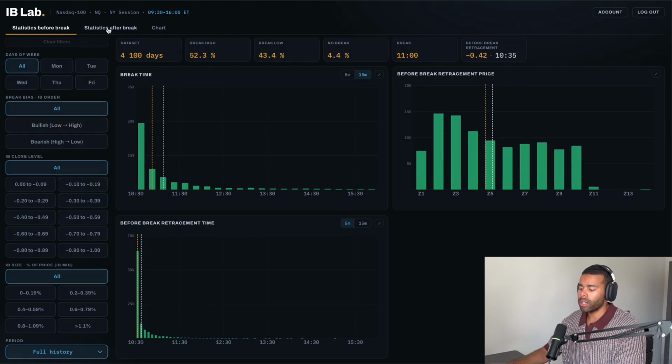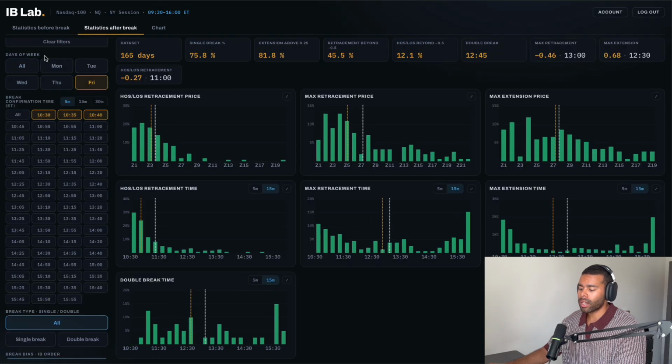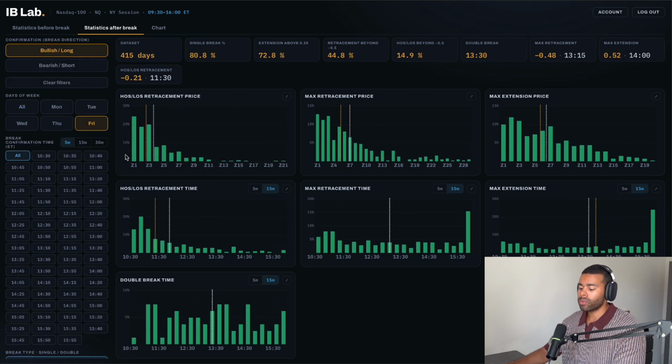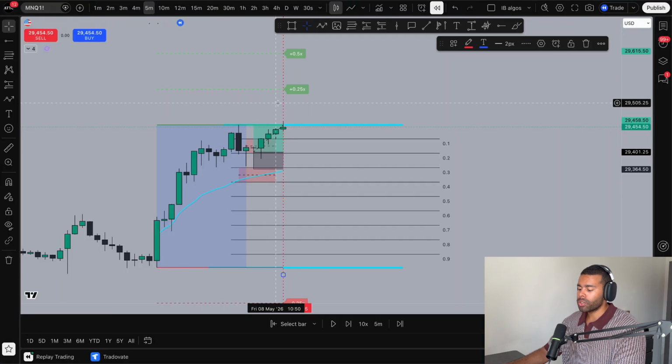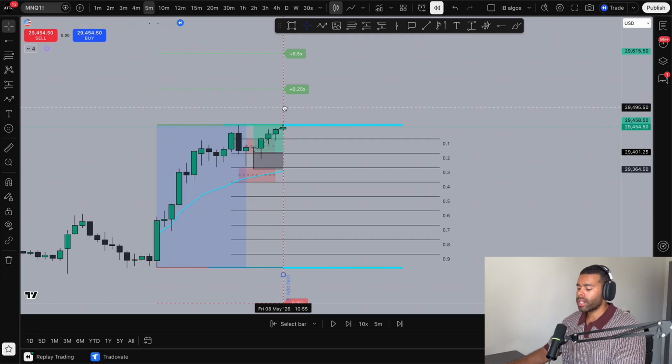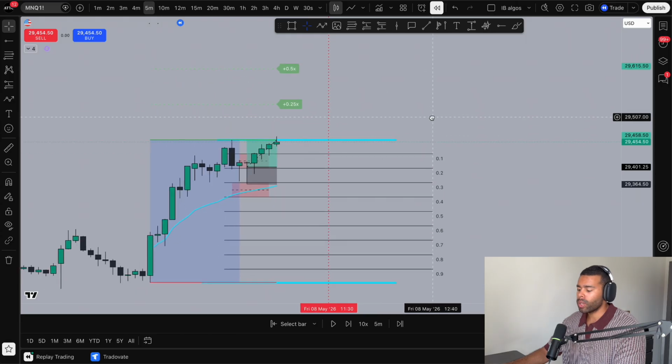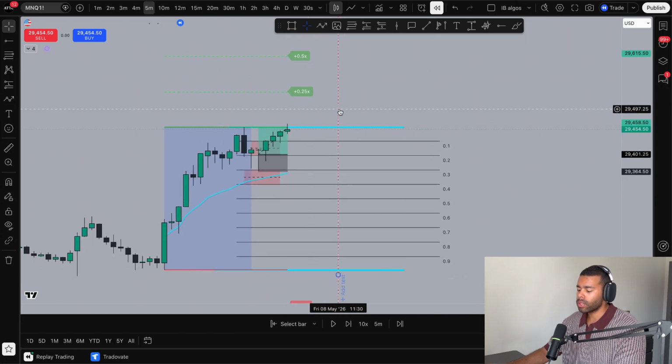I will simply clear filters and go to statistics after break. I will also clear it here. So now I'm filtering long scenarios on Friday. And let's go back on chart, because what's now important is when the breakout happens. Price has different tendencies to do certain things when we break out early, for example at 10:30, or if we break out later in the session, for example at 12. And that's also something we need to consider when we are filtering